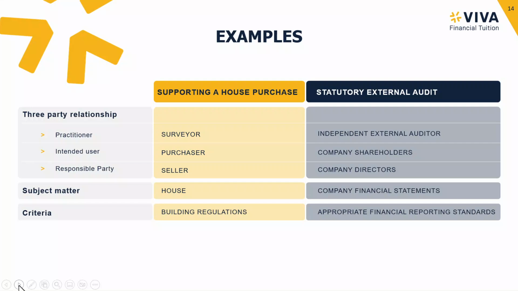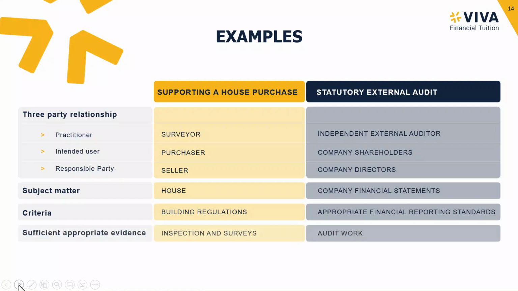Thinking about our external audit, the criteria we use are the financial reporting standards. So we have these rules and guidance, or the principles that we must follow when preparing financial statements. Our auditor is going to be checking that the financial statements are in line with the appropriate accounting standards, our financial reporting standards. If they're not, then the information may not have been presented correctly, for example.